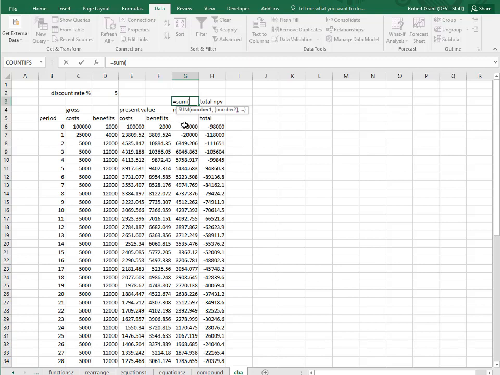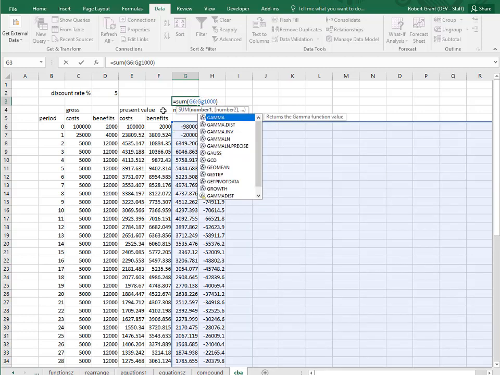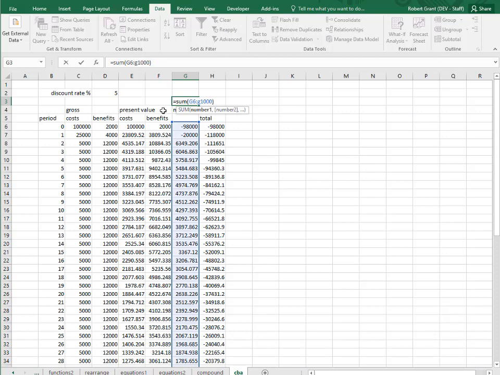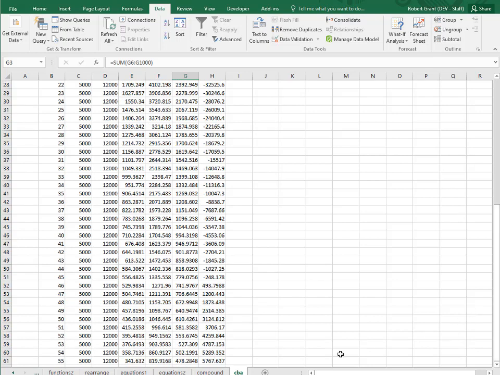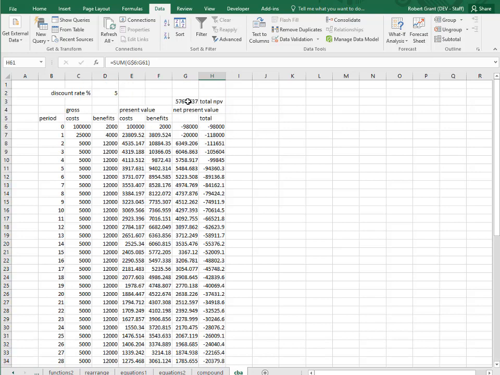And this is going to be from here down to, so it's just adding up the rows, basically down to row 1000. So that total of 5767 is the same as this one, because that's the number of rows you add. So as we add more rows, you can see that this net present value is increasing, because in the future